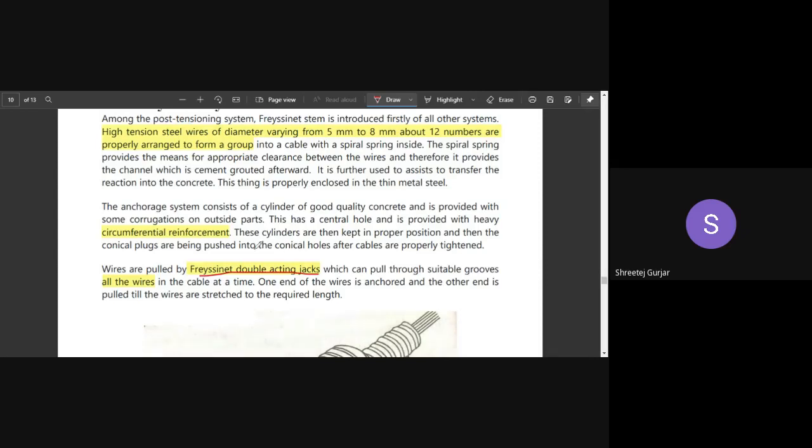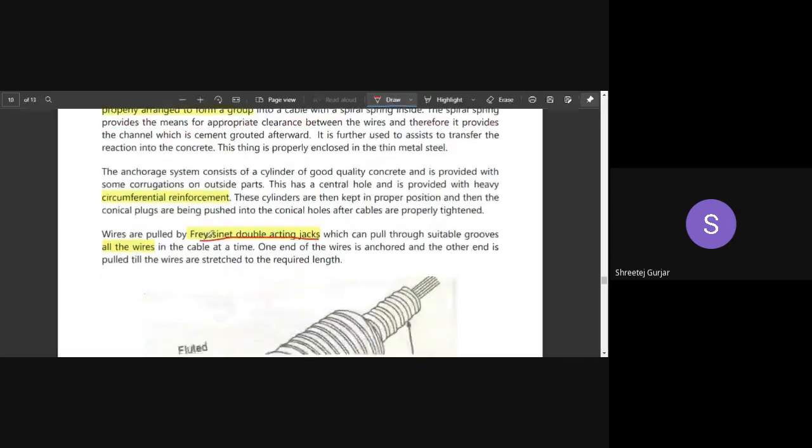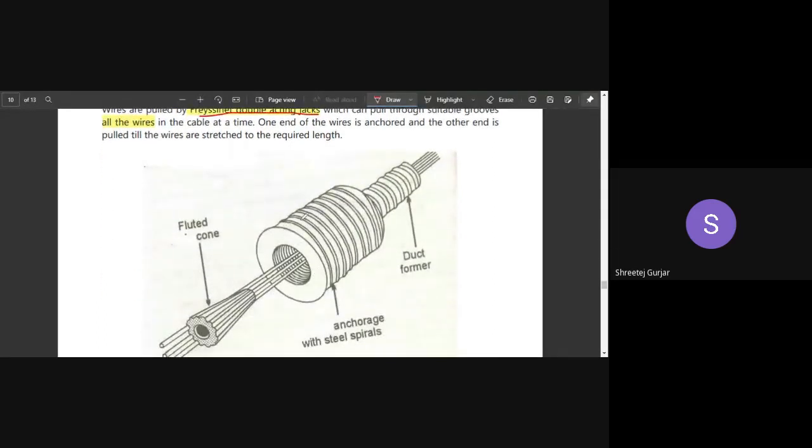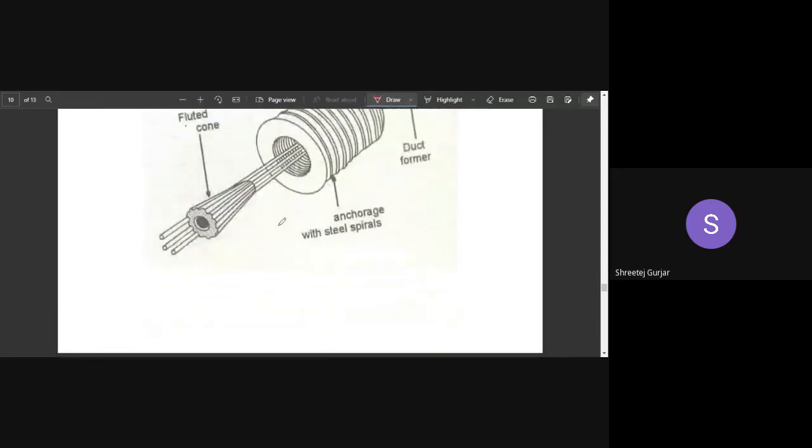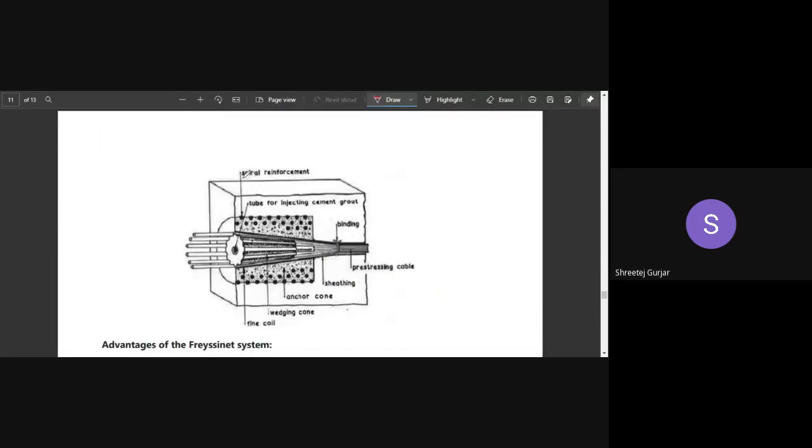And as I've told you, we provide circumferential reinforcement like this for your anchorage. In this next image, you can see this spiral reinforcement or circumferential reinforcement which is provided. It is going in a circle like this in a spiral shape. Remember. And this is your fluted cone. You can see this hole which is provided in the center of this fluted cone allows you to pass your grout later on, your tube for injecting cement grout. Through this central hole, we can pass our grout later on and do our grouting action.